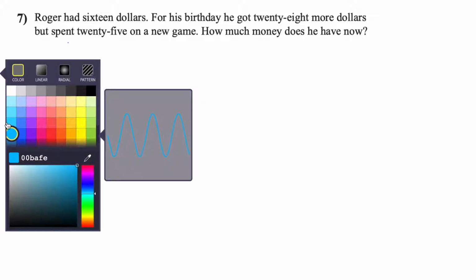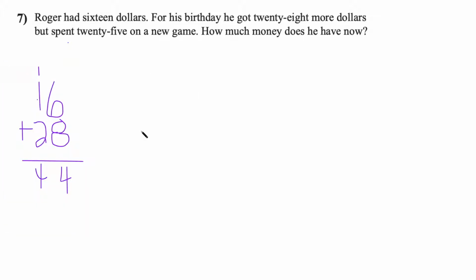Let's change the color. So now he has $44 to start out with. But he wanted the new Mario game, so he spent $25 on it. Now, if you're spending money, that means you're getting rid of it, or you're using it, so we have to use subtraction. So 44 minus 25